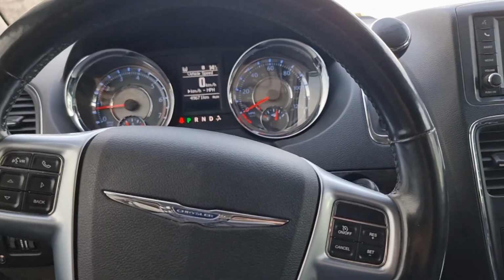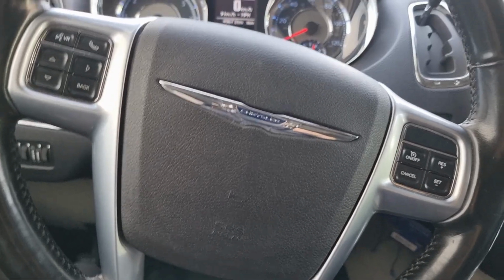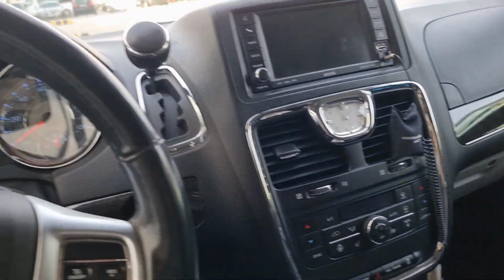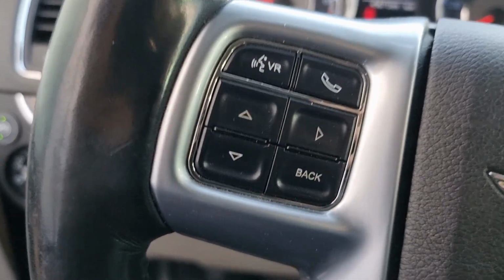Coming fault P0522, engine oil pressure sensor, Chrysler Town and Country. And to fix that fault you must